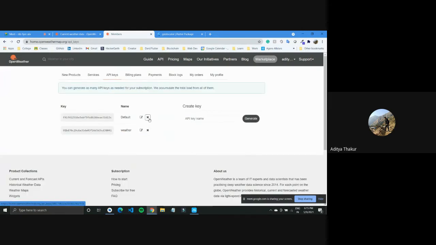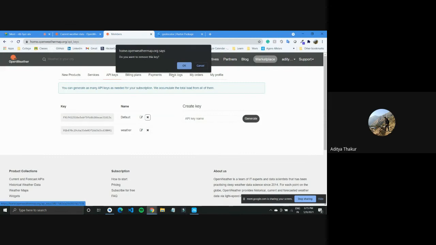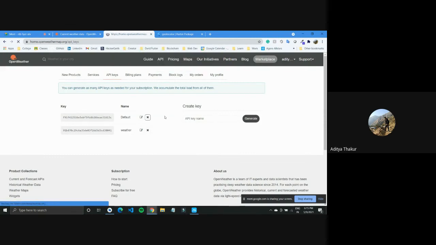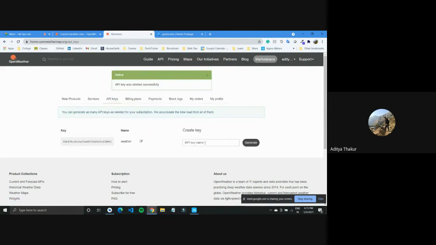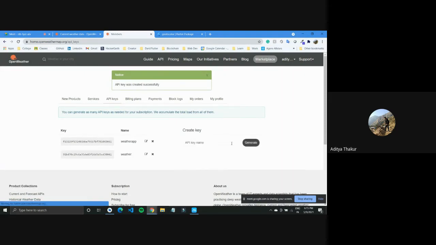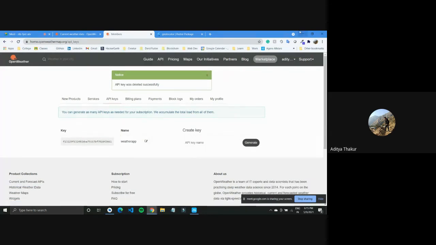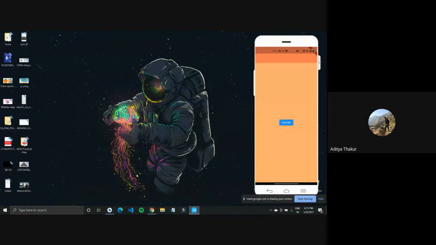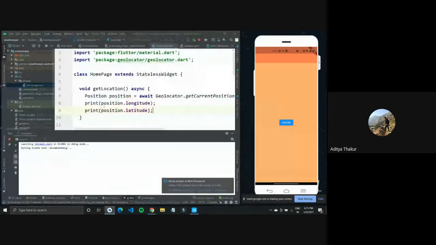I had initially made some API keys, and you can create a new API key, type in weather app and click on generate to get this API key. You can copy this API key from here and go back to your Flutter application.